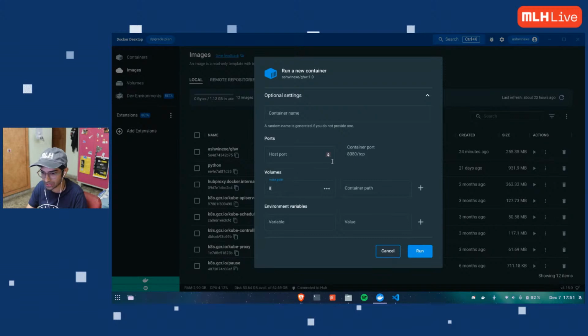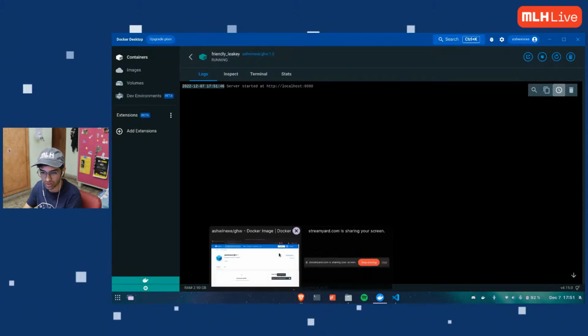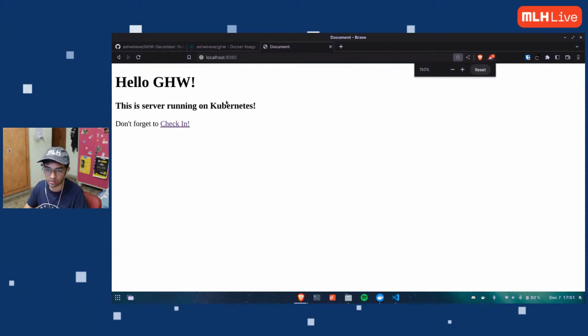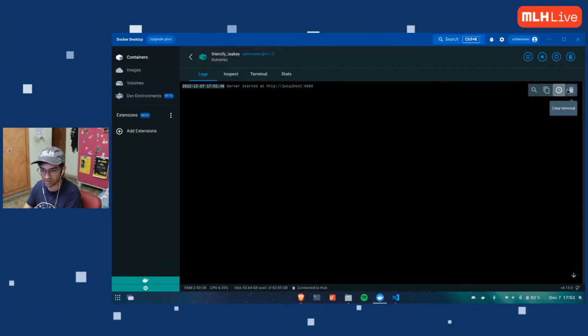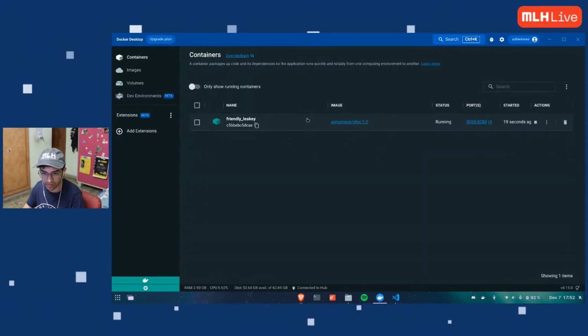Let's just, for testing, put my port 8080. So container port is 8080/TCP. That means inside the container, the port is 8080. I want outside to be 8082. So running it, it says it's running on localhost 8080. So let's go to localhost 8080, and there you go. It's not running on Kubernetes right now, but we'll do that too. Right now, it's just running on Docker, a single container. If this container goes down, there's no way to restart it. It just fails. So I'm going to stop it for now.